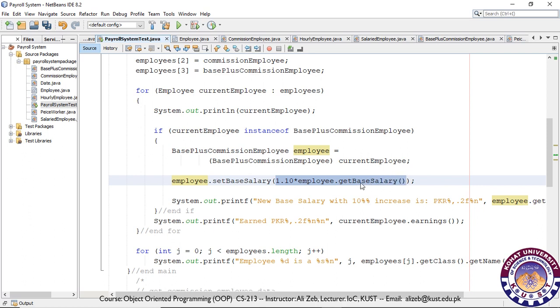We can get the base salary of the base plus commission employee by calling the get base salary of that employee and multiplying that by the 10%. That will increase the base salary of the employee by 10% and set this new value to the base salary of the base plus commission employee class. Now